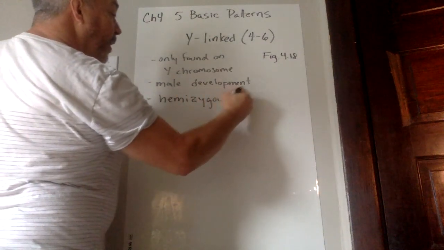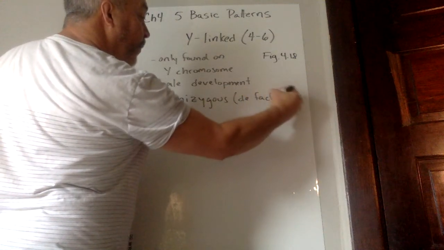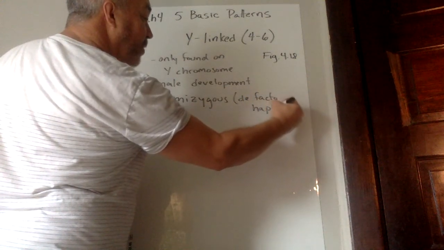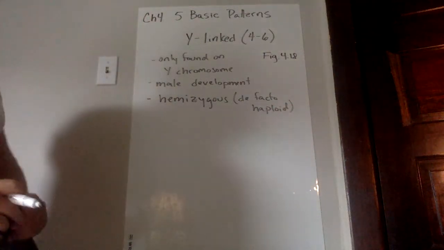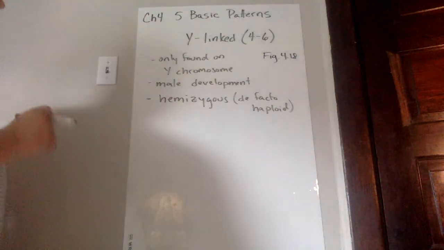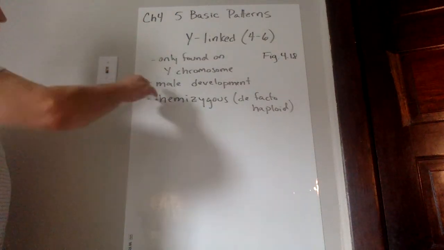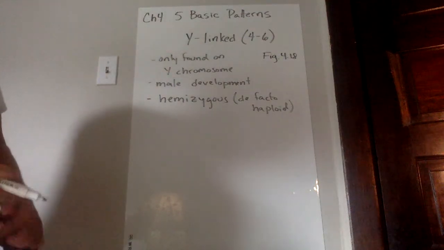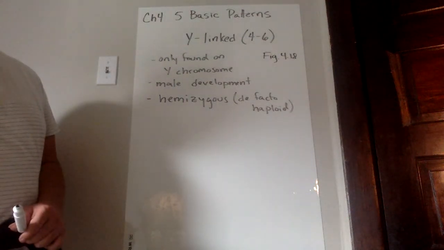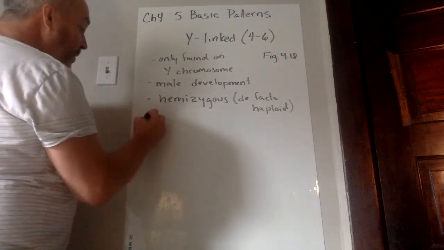hemizygous. In effect, this is a de facto haploid situation. You have 2 sex chromosomes, but they don't have equivalent genes at the same locus. So you only have one copy of these, and this is why males develop as males. There's no equivalent on the female, so females develop as females because they have their own set. And therefore, we're only going to see this pass